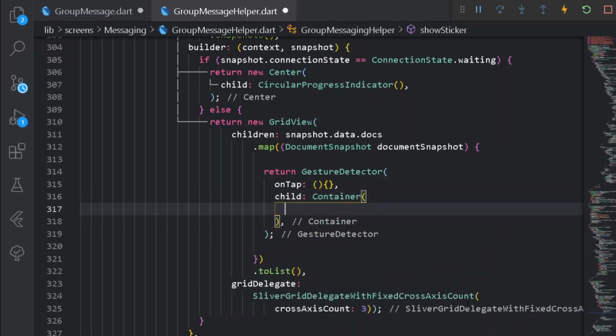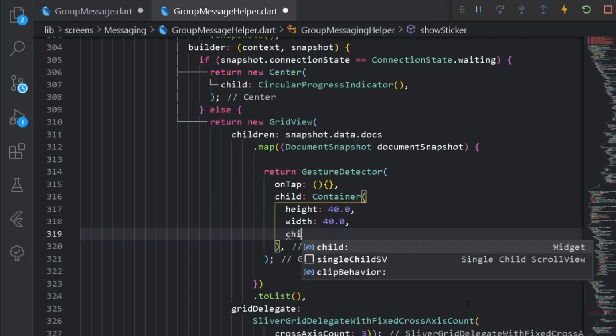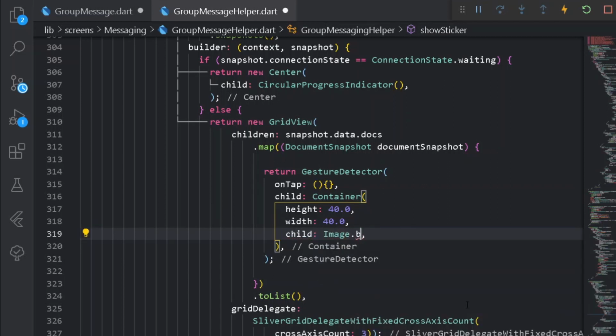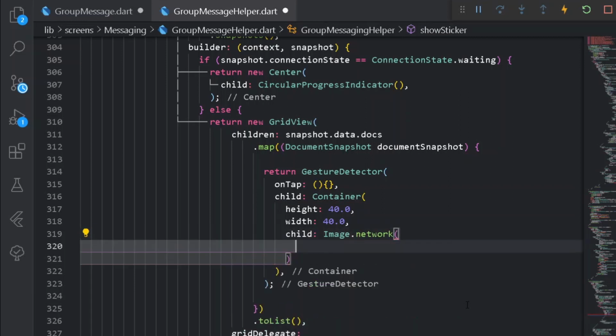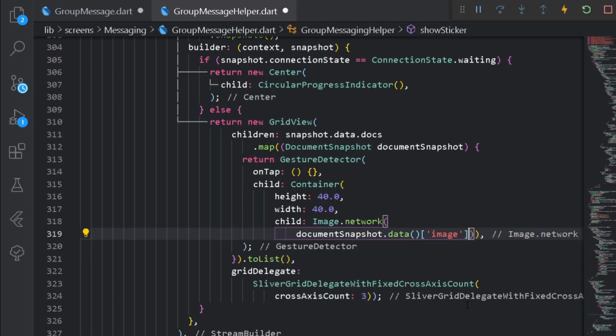Under my Container I shall have a height of 40, also a width of 40, and after that let's have a child of Image.network. Under the Image.network, as the source, I can simply have documentSnapshot.data, and under this let's fetch the image. Once this is done, format document once.